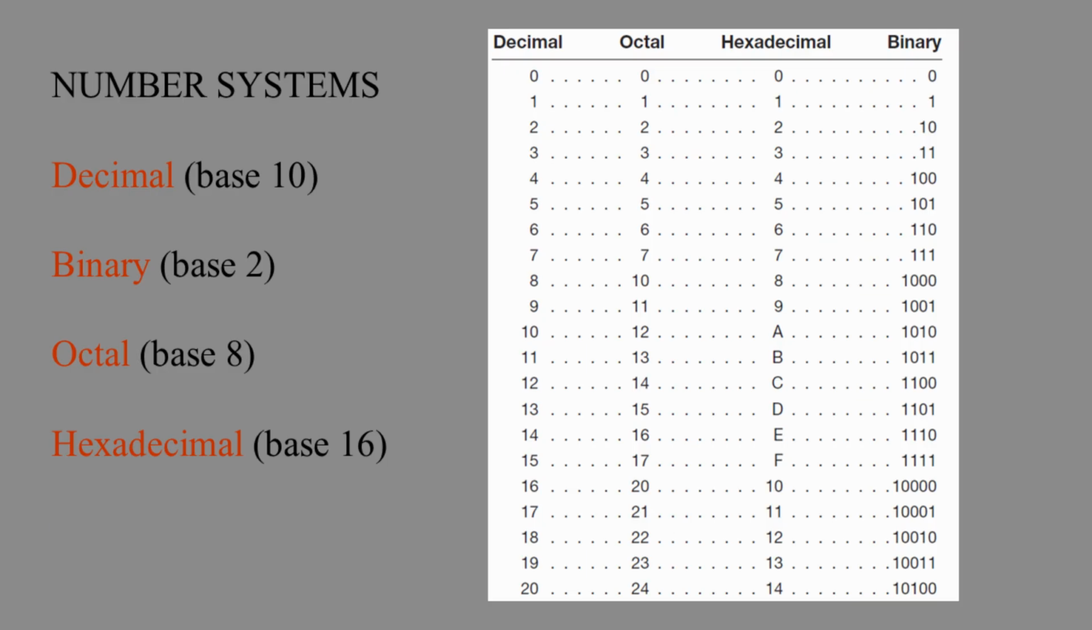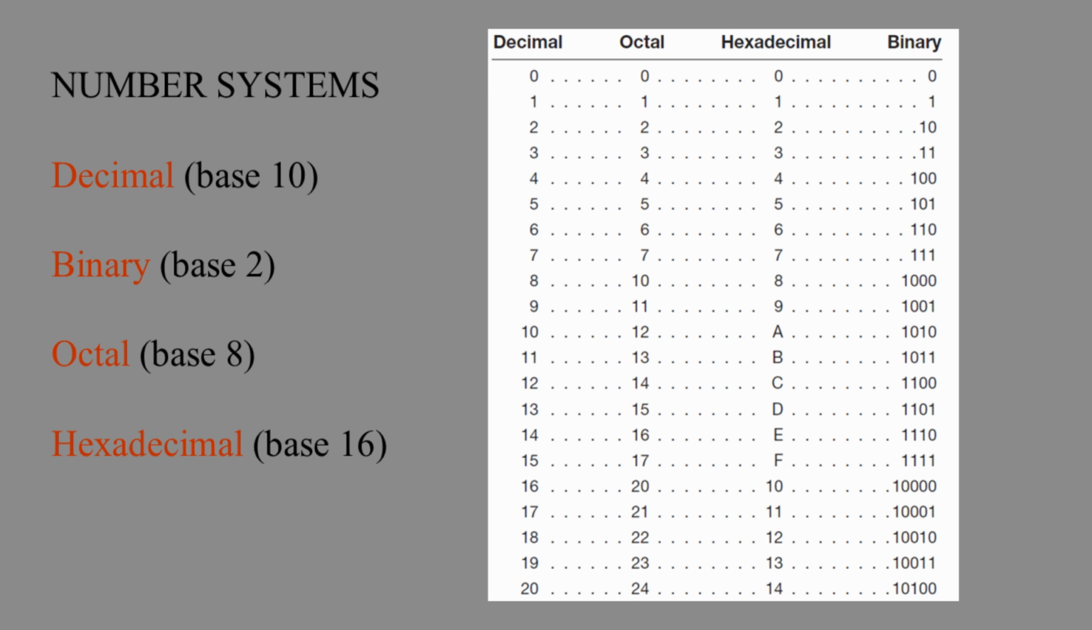Here we can compare different number systems side by side: decimal, binary, octal, and hexadecimal. Decimal has a base of 10, binary a base of 2, octal a base of 8, and hexadecimal a base of 16. This chart helps us see how values in decimal correspond to their equivalents in other systems. For example, decimal 10 equals binary 1010, octal 12, and hexadecimal A. These conversions are important because different systems are useful in different contexts: binary for hardware, hexadecimal for compact readability, and